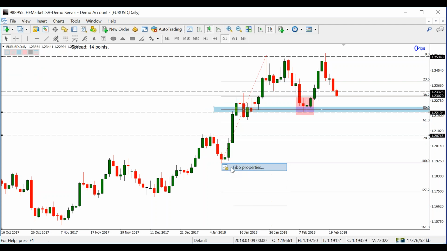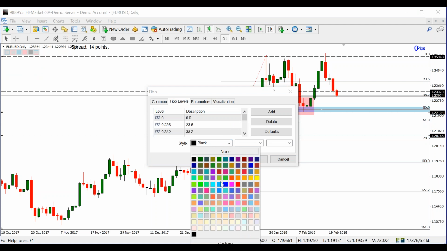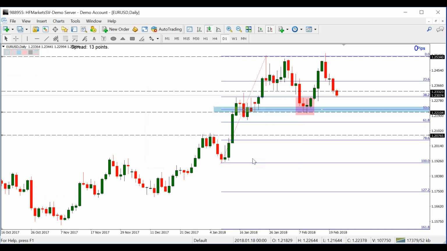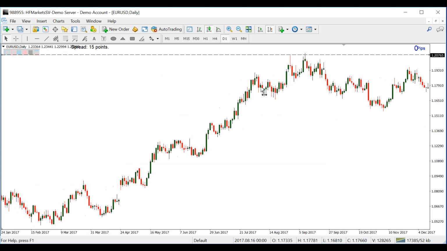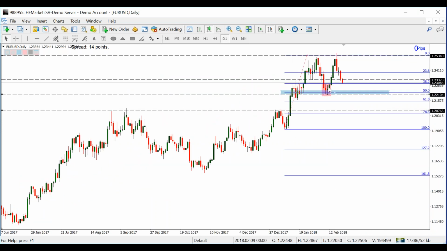Okay, if I change the color, this one to the blue, you can see. At the same time, it's a support resistance area. Okay, support resistance area. So what happen? Bila reversal di sini, kita ada 3 confirmation. 1 SNR. 2 reversal pattern. 3 Fibonacci. That SNR juga berdekatan dengan Fibonacci punya level. So ini menunjukkan SNR ini sangat kuat.